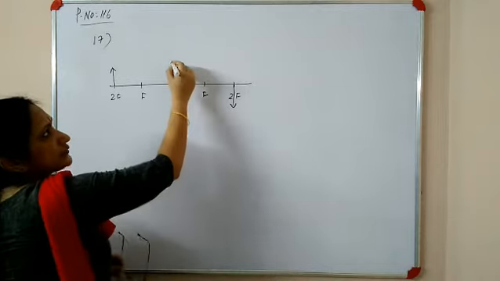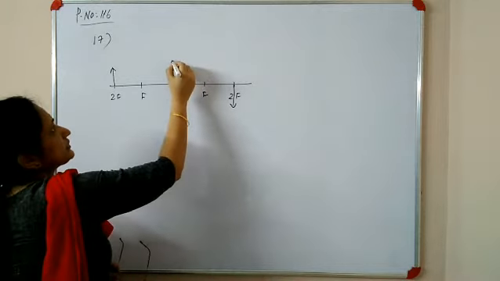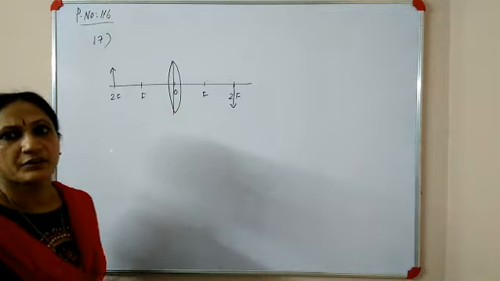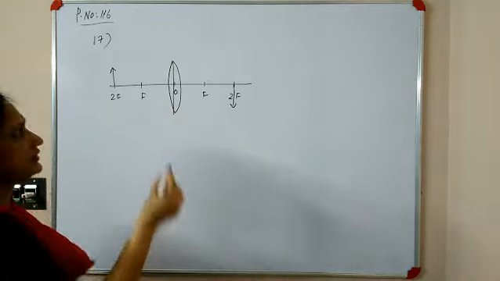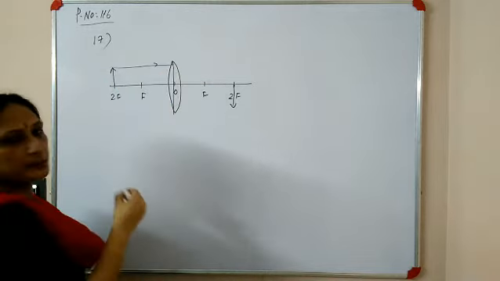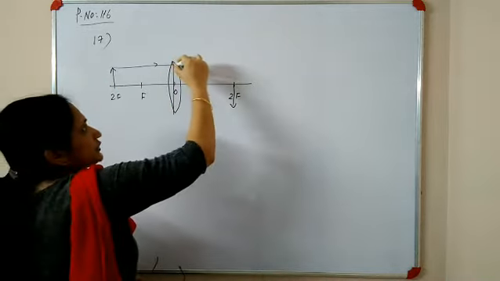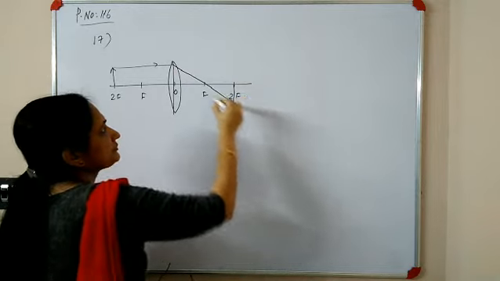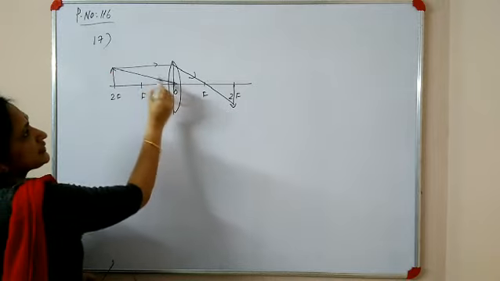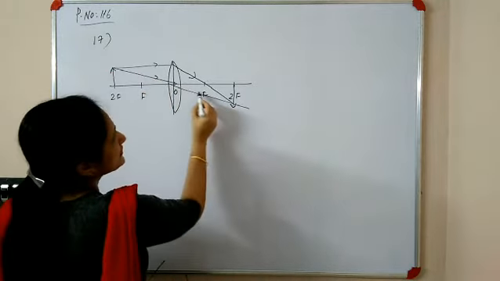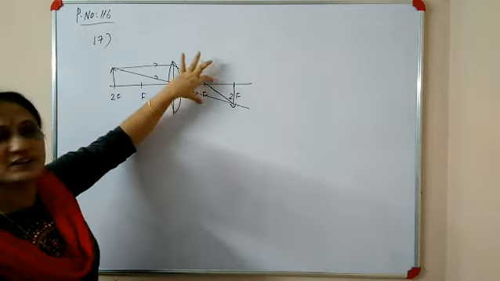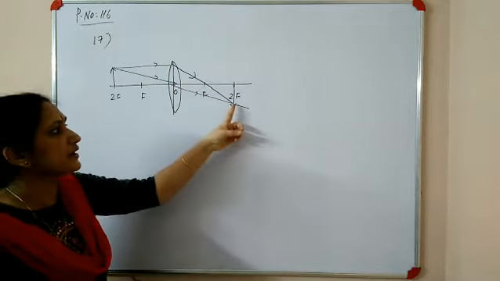You know the nature of the lens is a convex lens. Okay, draw the ray diagram. You are familiar with the ray diagram. Draw a light ray parallel to the principal axis. It passes through the principal focus. Then draw another light ray passing through the optical center. It goes undeviated. So these are the two incident rays. They are the corresponding emergent rays. They meet at this point.